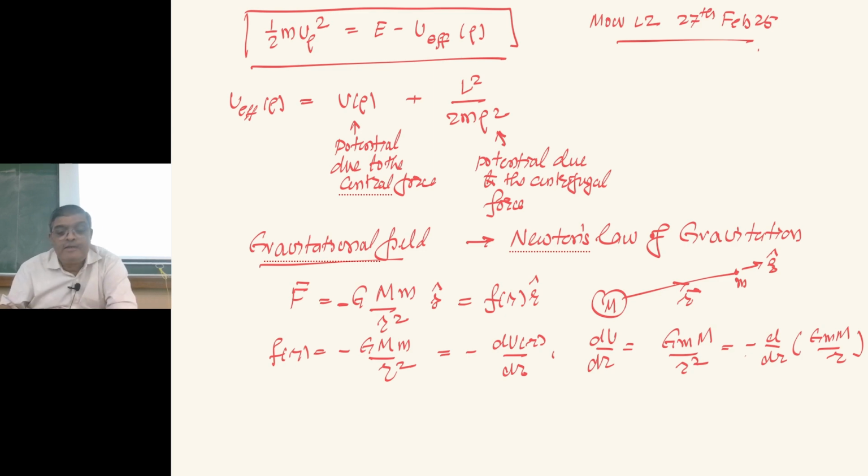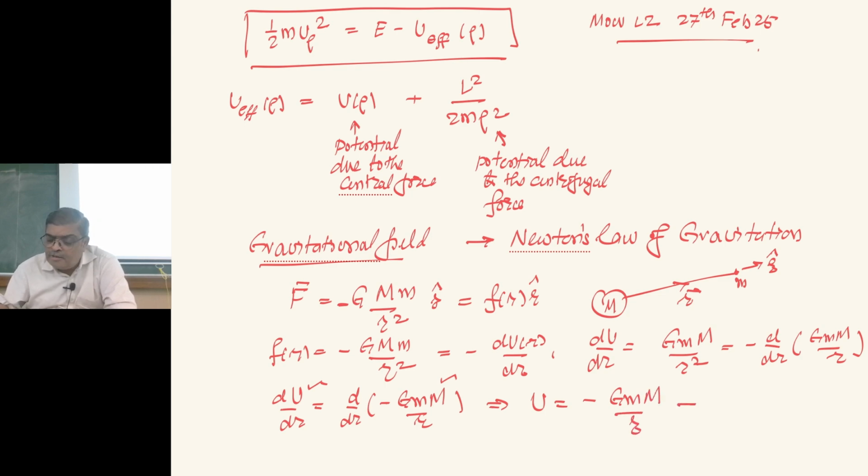That kills that minus sign. So I can write dU by dr is equal to d by dr of minus G M m divided by r. So if I now equate U with whatever is in the parenthesis here, I'm going to get an expression for U. So U is equal to minus G M m divided by r, and this is the gravitational potential